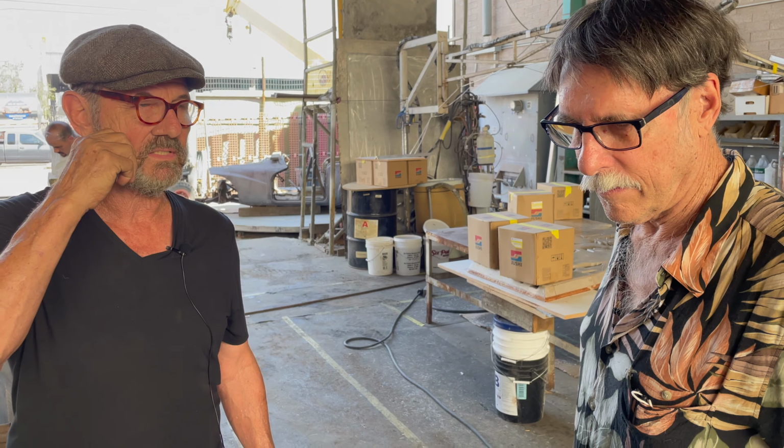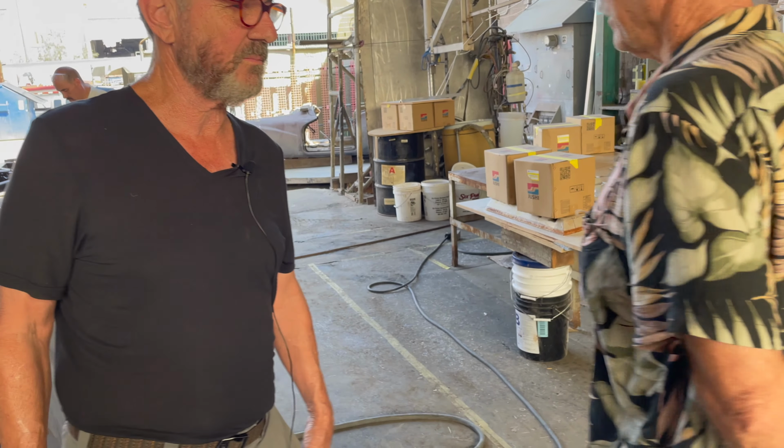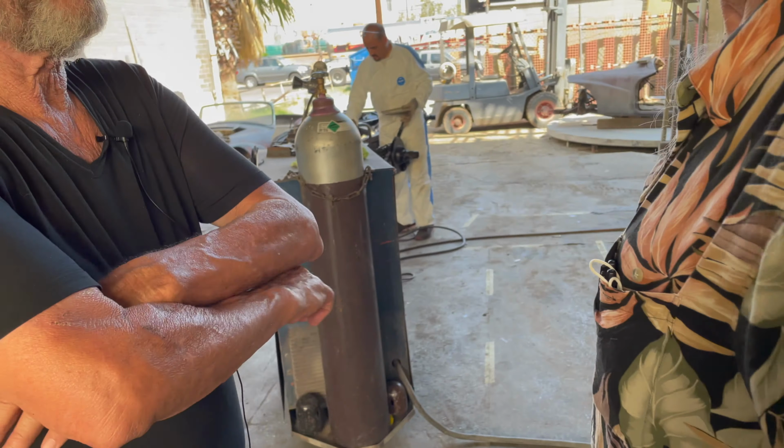And that's always been our goal, is preserve these cars, because a lot of people just don't have any access to any parts at all. So they look at something like, well, yeah, exactly. But I mean, all the mechanical stuff,